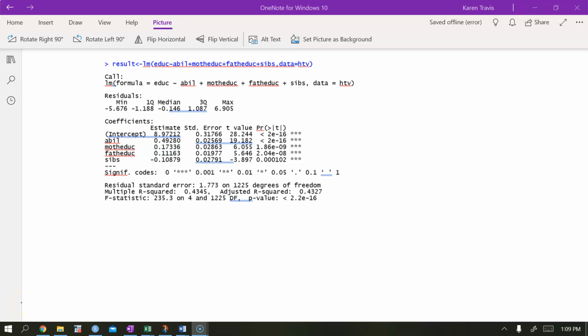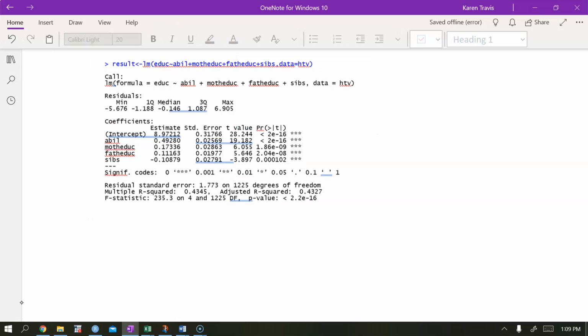Let's use this regression model to work on testing against a different constant. So let's suppose I wanted to take a look at this model where somebody's years of education is determined by some measure of ability from some standardized scores or something, the mother's education level, the father's education level,